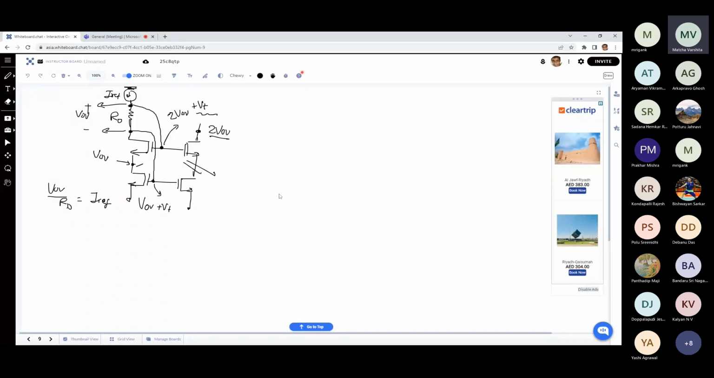Another thing that you should also be comfortable with is the current steering circuits, which are also very commonly used in biasing, multi-stage amplifiers, etc. Current steering means you are basically